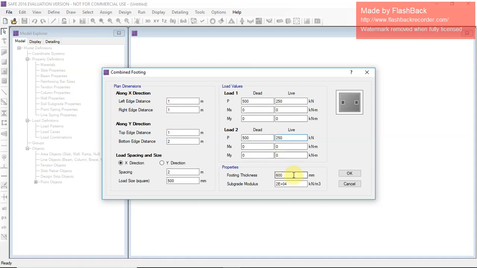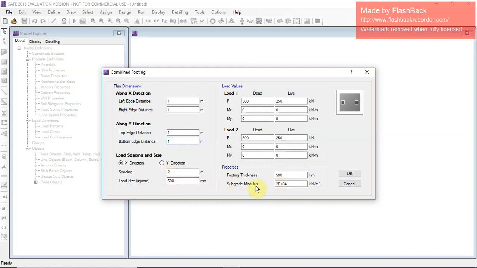Okay, footing thickness, let's decide thickness 500 mm. Okay, we have put the load, then here you can see 2 mm. Let's change it to 1 mm again 2 mm.